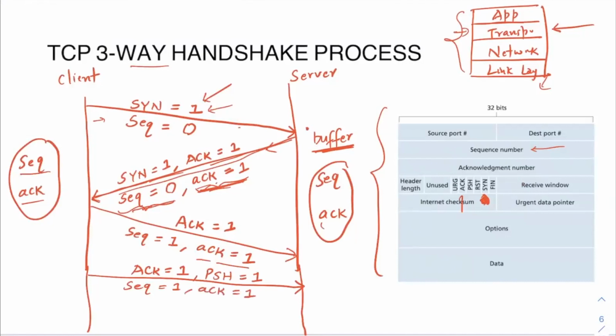Okay. Now the server will receive this data. Also there will be a length of data, like how much data the client is sending. Let's say the length here is 10 bytes of data. Okay. The client is sending 10 bytes of data to the server.